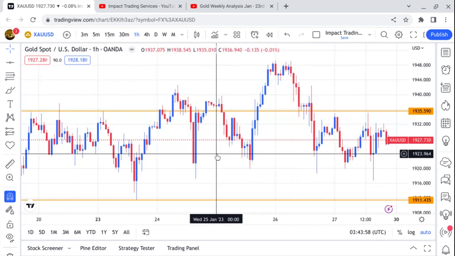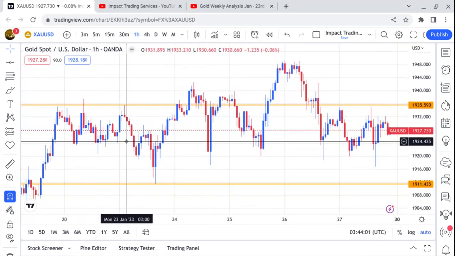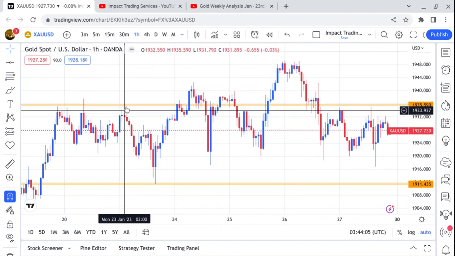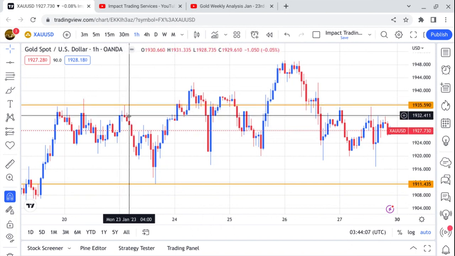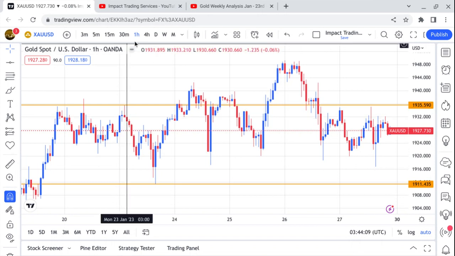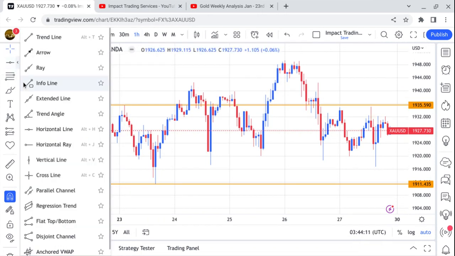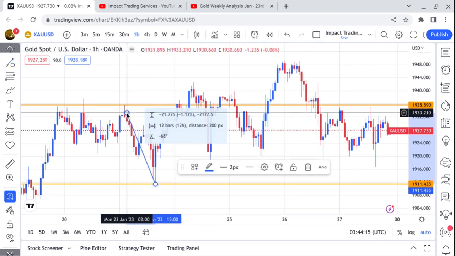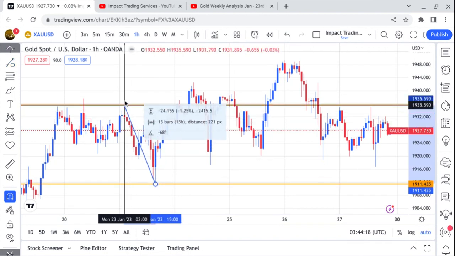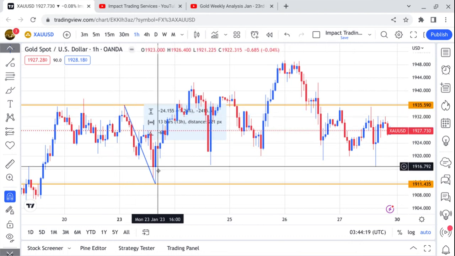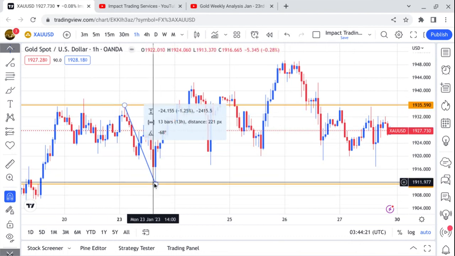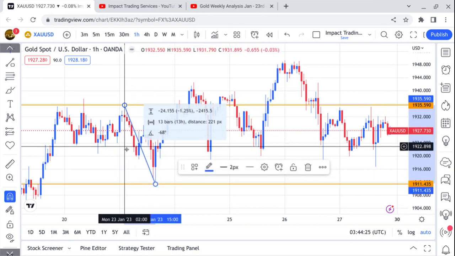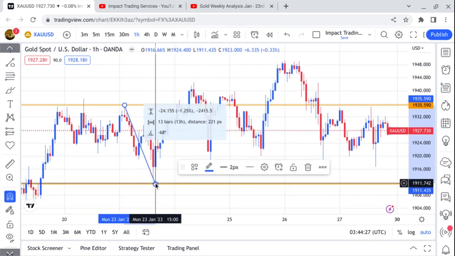Monday, Tuesday, Wednesday. On the 23rd, we have a beautiful pin bar at the start of the Asian session. That is a great signal to go short for swing traders. This one trade would have given you 2,000 pips if you wanted to hold that trade for the day, just playing your stop losses. We say at least 1,000 pips because gold does this every month. And then for trend continuation,